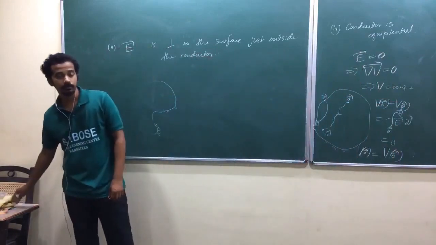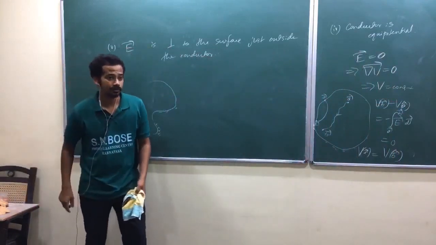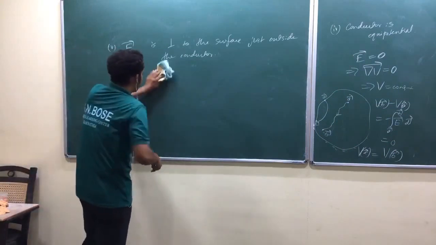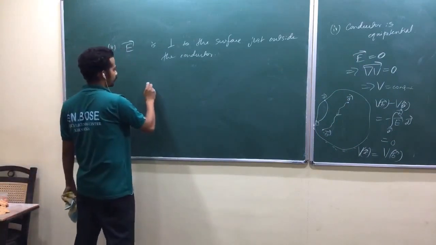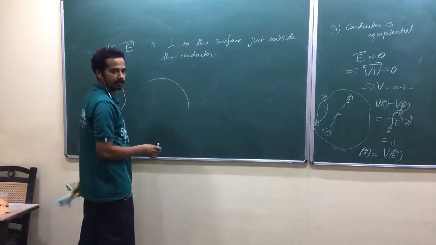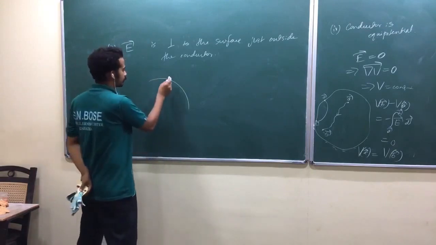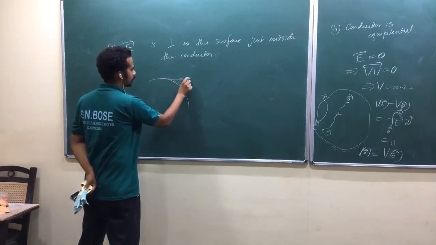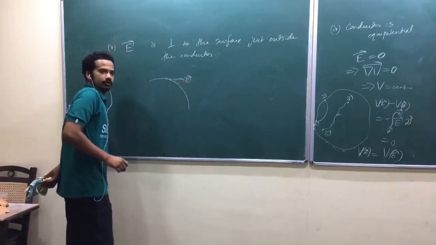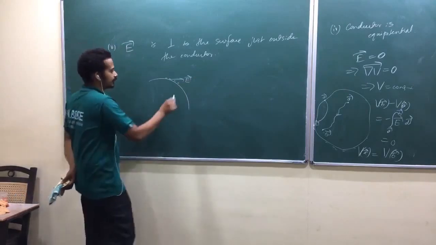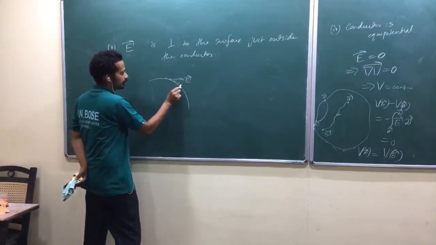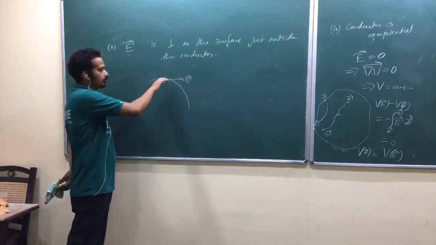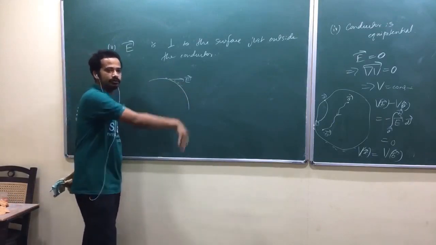Then, which moves? Charges. Yeah, that's a good idea. So suppose let me take a part of the conductor. Suppose electric field is like this. So there are charges. Okay, there are charges. Suppose electric field is like this. Okay? Then there exists a parallel component. Am I right? Isn't it? Then there exists a parallel component of the electric field which will try to move the charges.